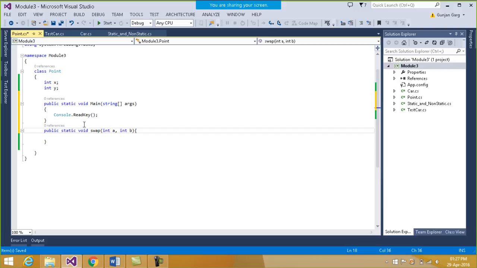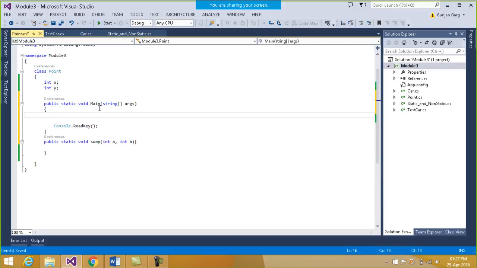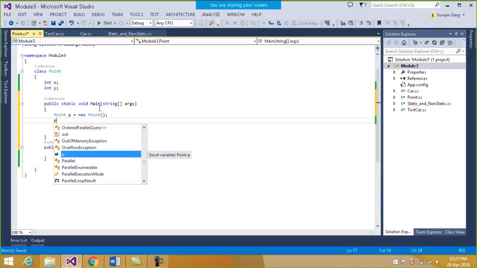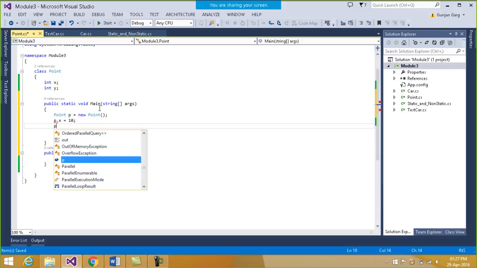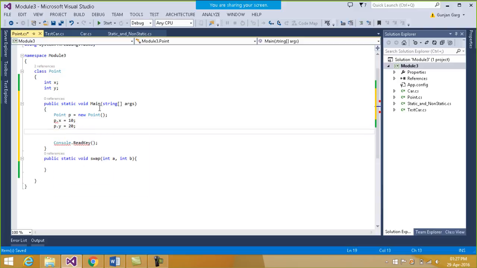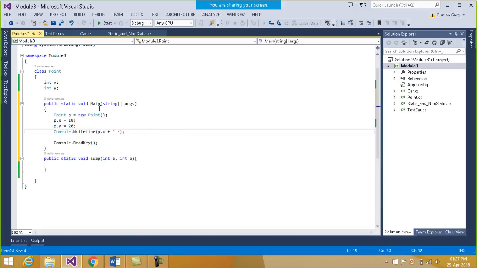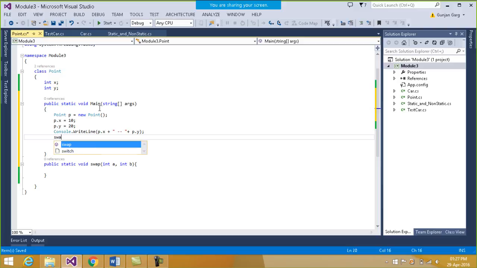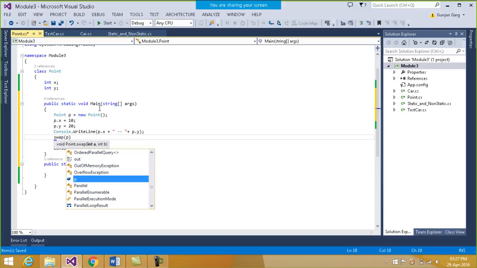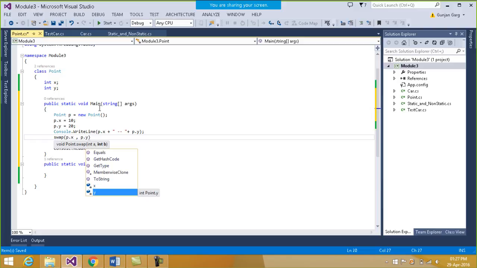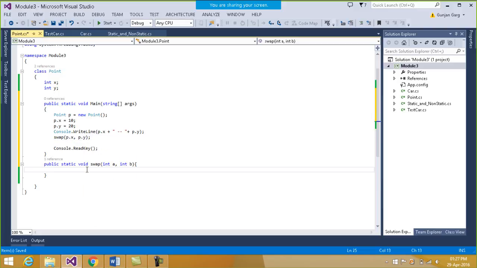Okay, so inside this main function I just declare the object. I'll create the object of the point class. Okay, and I declare the variables p.x is equal to 10 and p.y is equal to 20. Okay, and then I write p.x and p.y. Then I call the swap function and I pass on the values p.x and p.y. Okay, and inside the swap function I write